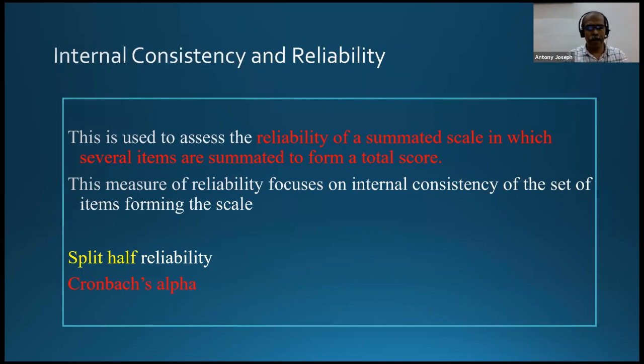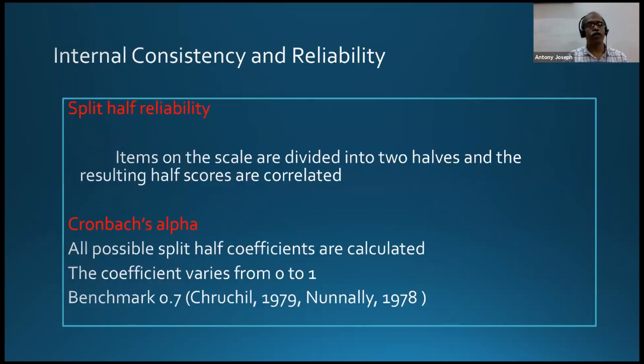And then we will compare the reliability scores of the first set and second set. If the variation between the first set and second set is minimum, we will say the instrument is highly reliable. Otherwise, the instrument is not at all reliable. That is the sense. And Cronbach alpha is also based on split half, but not a single split half. For the computation of Cronbach alpha, all possible split half coefficients are calculated.